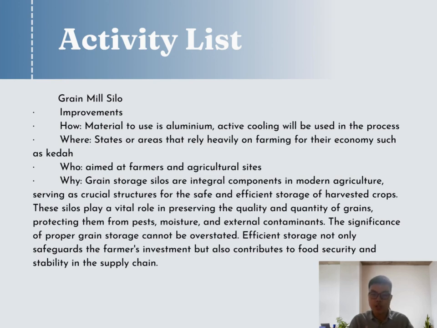Why did we choose a grain mill silo? It is because grain storage silos are integral components in modern agriculture, serving as crucial structures for the safe and efficient storage of harvested crops. These silos play a vital role in preserving the quality and quantity of grains, protecting them from pests, moisture, and external contaminants. The significance of proper grain storage cannot be overstated. The efficient storage not only safeguards the farmers' investment, but also contributes to food security and stability in the supply